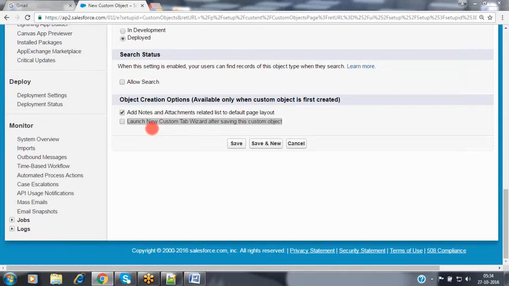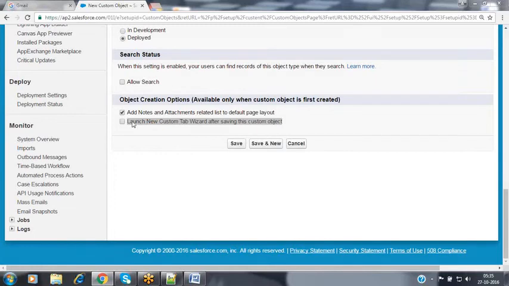So if you want a graphical user interface to create records, to modify, to see the existing records, to delete the existing records, and to restore the deleted records, then we need a graphical user interface. The normal end users, partners or customers are not aware of programming, so they need to perform all the operations using mouse clicks. So we have to provide a user-friendly interface. For that, we need to select this checkbox so that it gives a graphical user interface by default, without us designing it on our own.